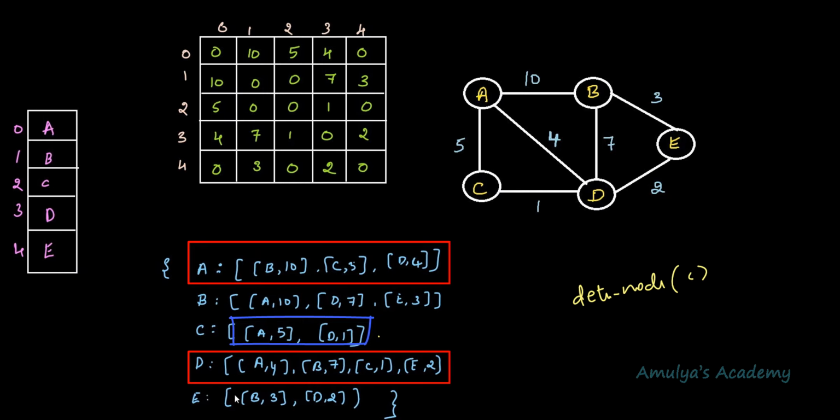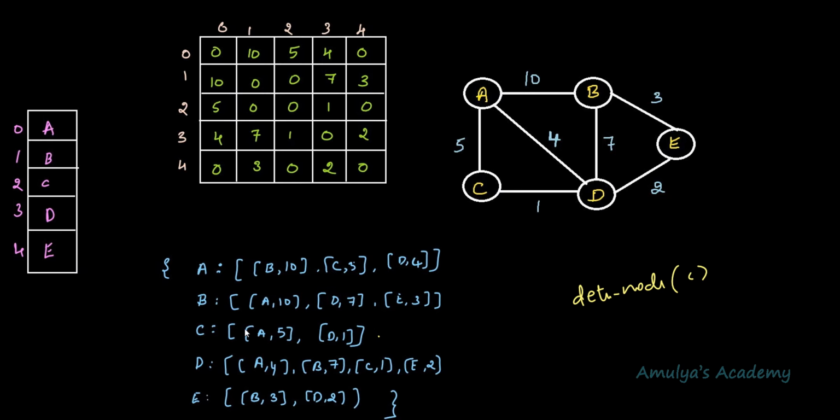And here you can see in E and B, C is not present, because if there is an edge from B to C, then here we need to insert B also, right? Because this is an undirected graph, if there is an edge from B to C, then there is an edge from C to B also. At that time, we need to mention that B here. It is not present, that means there is no edge from C to B and B to C. That's why in the undirected graph, no need to check the values of all the keys. Instead of that, we can check the values of those nodes which are present in this list of C. But in the directed graph, we can't do that.